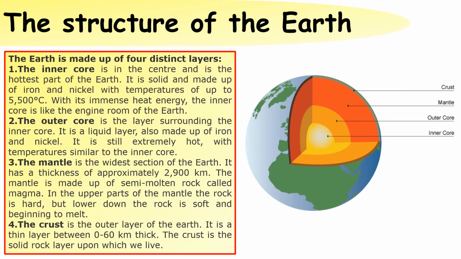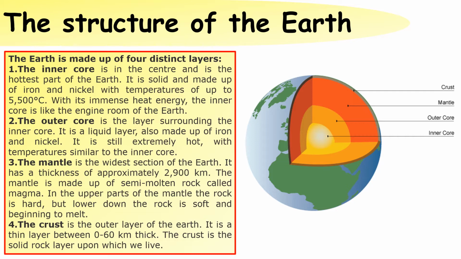The Earth is made up of distinct layers. The outer layer is the crust. The crust is about 0 to 60 kilometers thick. The crust is a solid rock layer that we live on. Underneath that is the mantle. The mantle is the widest section of the Earth. It has a thickness of approximately